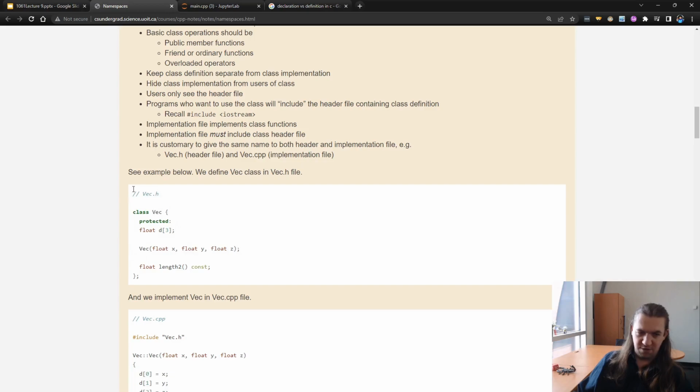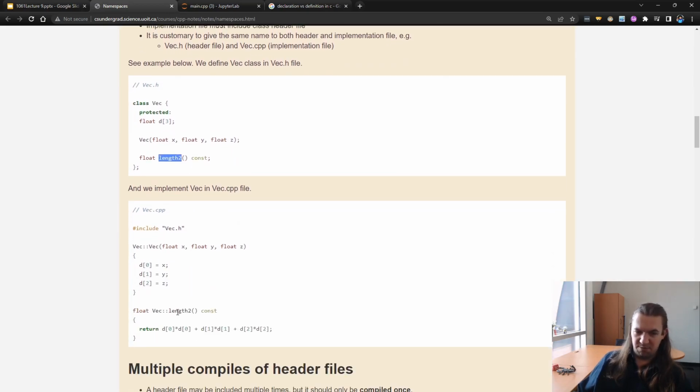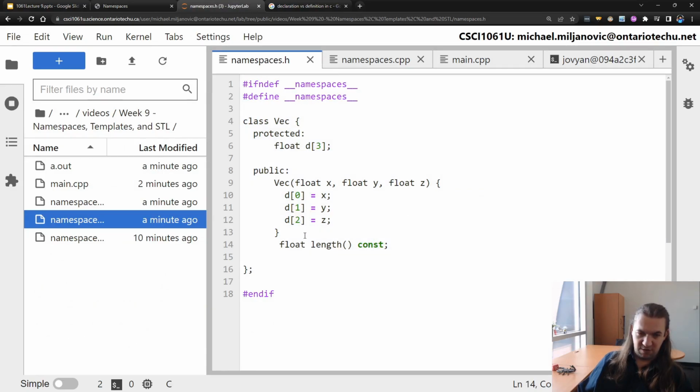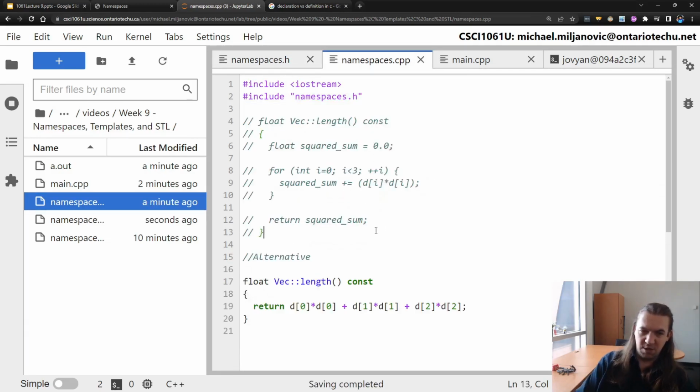Here is our header file. This is the one that we made, except we fixed the name because this is a typo, or maybe this is a typo, who's to say? And then our CPP file, oh, I see, so they actually extracted the constructor from the header. We can do that too. So in our header file, we're actually going to extract this constructor, and we're just going to say, okay, here is the constructor, it constructs things, and then our CPP file will actually have